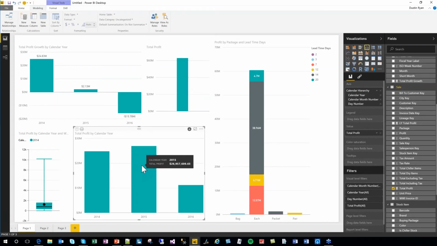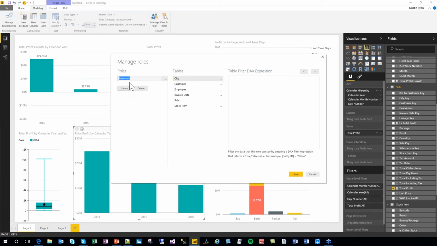Brand new feature that I want to cover here as we wrap up is the Manage Roles button up here. They actually moved the row level security feature into Power BI Desktop, so you can design your roles around your data model here. And then when you publish it to the Power BI service, you can add users to those roles. And so if I click the Manage Roles button here,